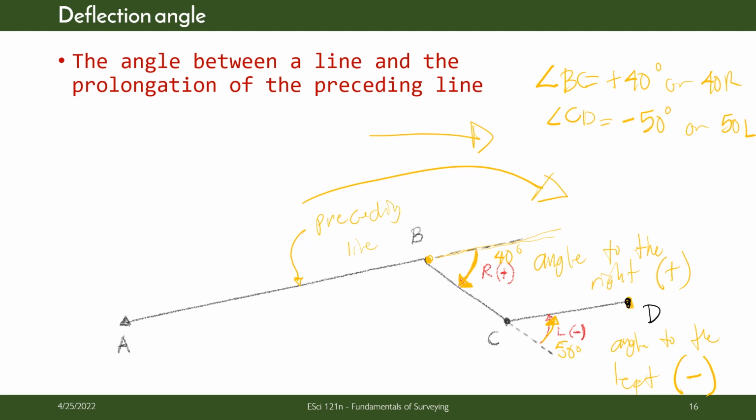So just look at the figure, no? To define this specific line, all you need to do is project the preceding line, then measure its angle. It could be to the right or to the left. Okay,